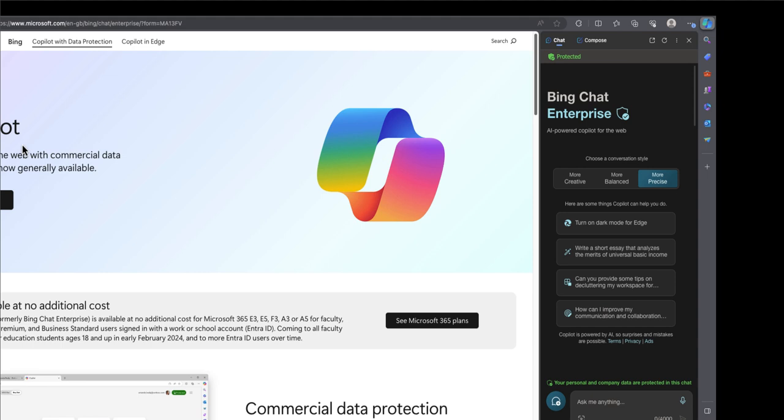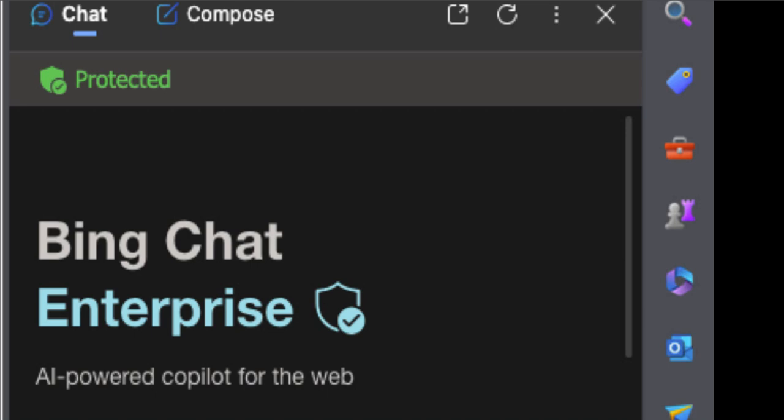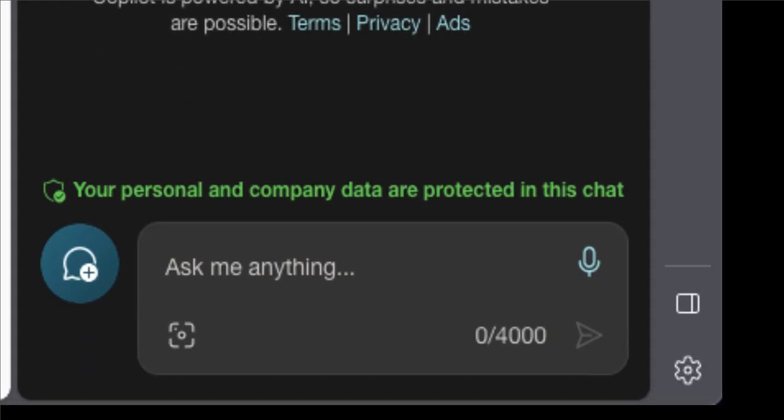So let's jump straight in with a simple use case. This is just about querying some data on a specific website. And again, the key thing to remember here is to be logged in with your work account so that your personal and company data is protected. Not as relevant for what we're going to do with querying the website, but it's just good practice to get in the habit of doing. So if you open your Edge browser and click on the Copilot sidebar, make sure you're logged in with your work account and make sure you can see these green signs confirming that you are protected.